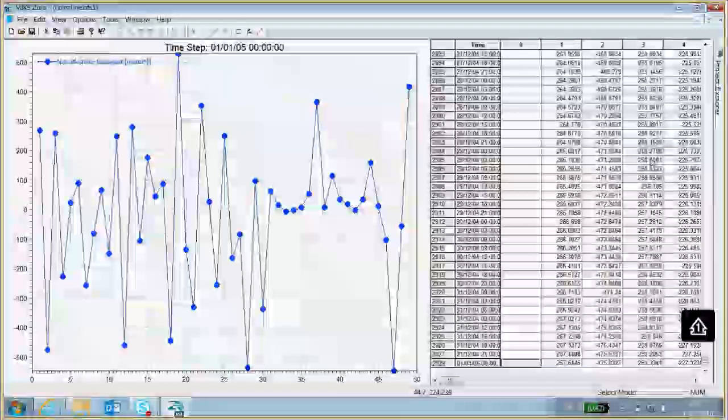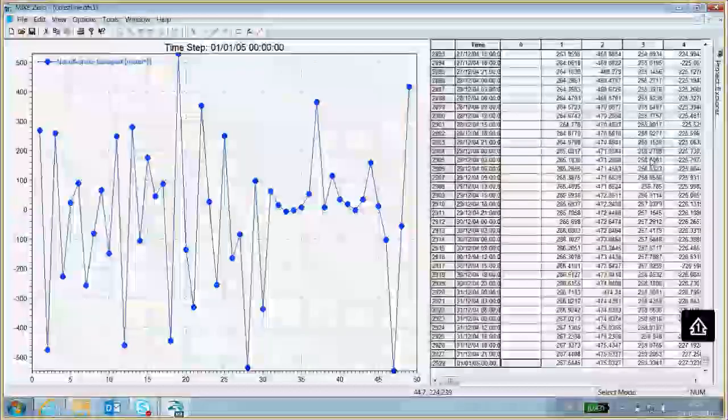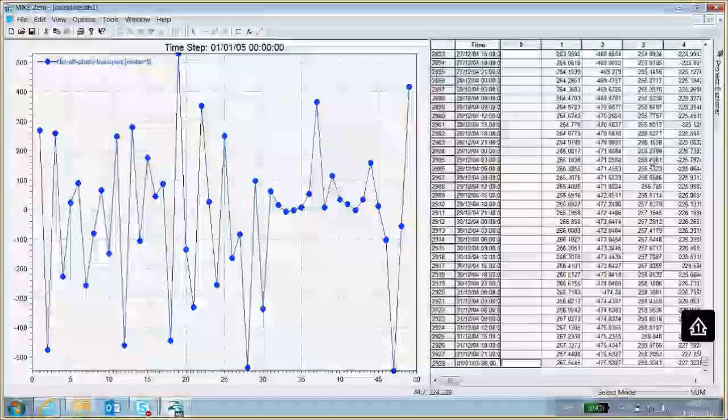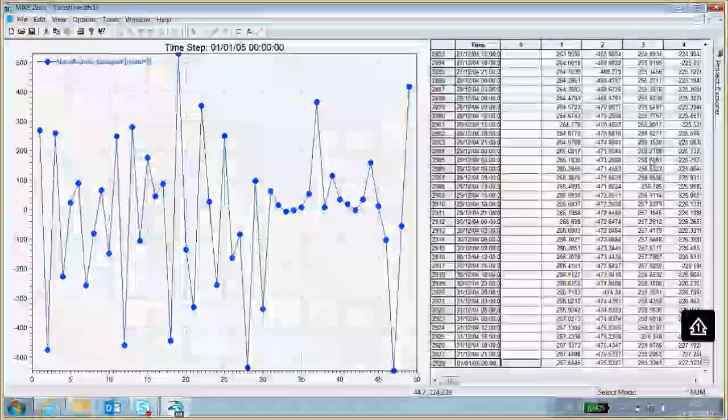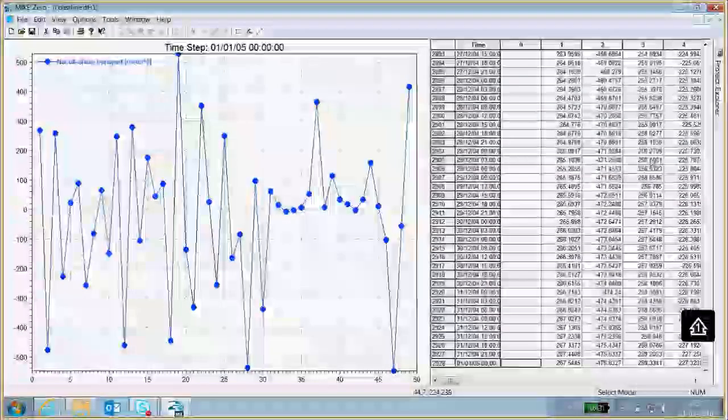I'm actually quite happy when I see this transport, both positive and negative net offshore transport, because it means that we are not consistently getting sediment into the model domain or consistently taking sediment out of the shoreline model domain.